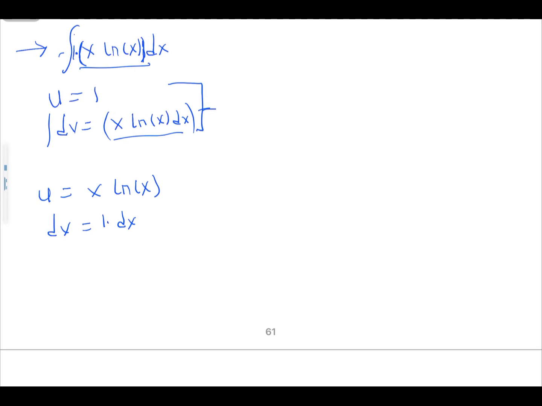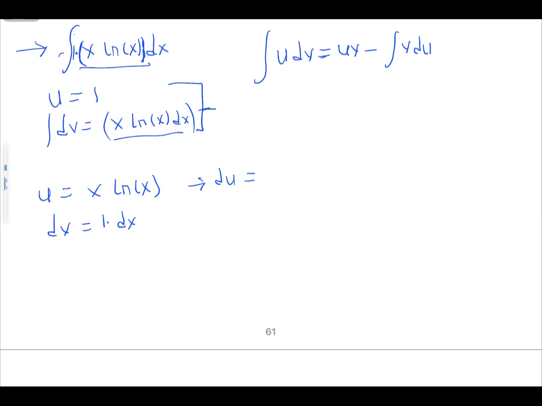Having this, you can find the differential of u, because per the formula, integral of u dv, as I said, always write down your formula: uv minus integral of v du. Per the formula, we need our du,